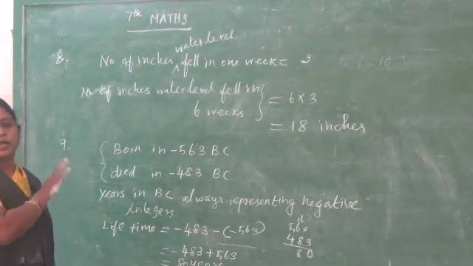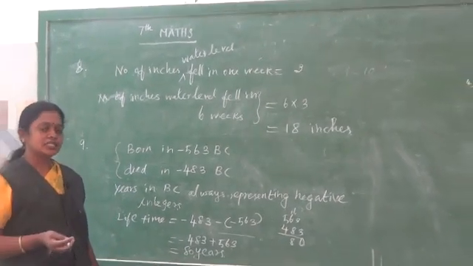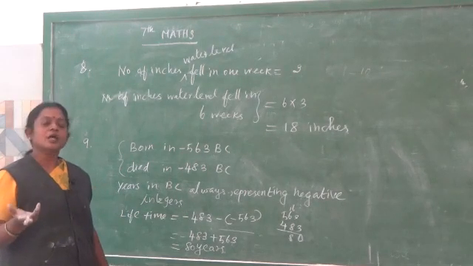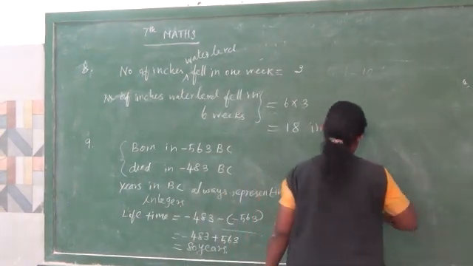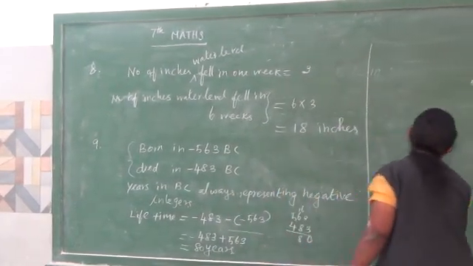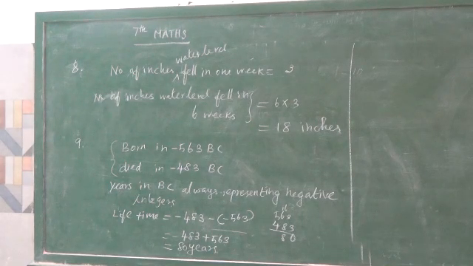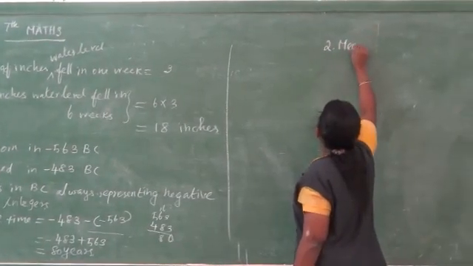This is the first lesson is over now. Now, I am going to teach the next lesson. Next lesson is measurement. You all know area and perimeter. What is meant by area? What is meant by perimeter? And you learned area of a square and perimeter of a square and area of a rectangle also, perimeter of a rectangle. Both shapes you already learned. This class we are going to learn about parallelogram.